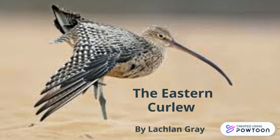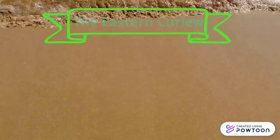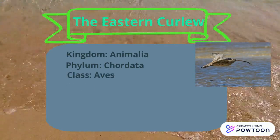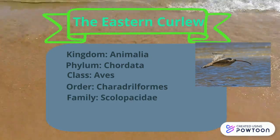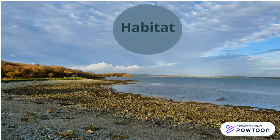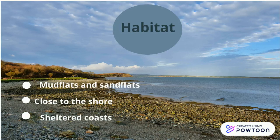The eastern curlew, also known by its scientific name, the Numenius madagascariensis. Kingdom, Animalia. Phylum, Chordata. Class, Aves. Order, Charadriiformes. Family, Scolopacidae. Genus, Numenius. Species, N. madagascariensis. Habitat. The eastern curlew live on mudflats and sandflats, close to the shore where all their prey are, within